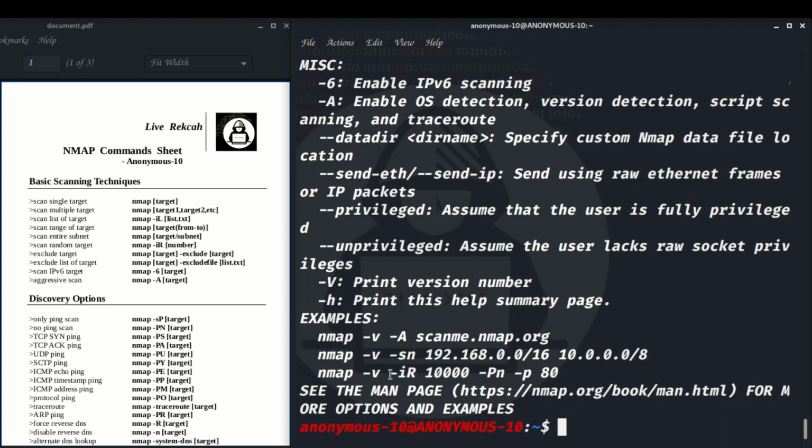I'm going to use the official scanning page to teach you how to use it. We have here scanme.nmap.org. First, look here. Basic scanning technique. Normally, we can use nmap. The command is nmap space target. The target mentioned here is actually the IP address or a domain name.